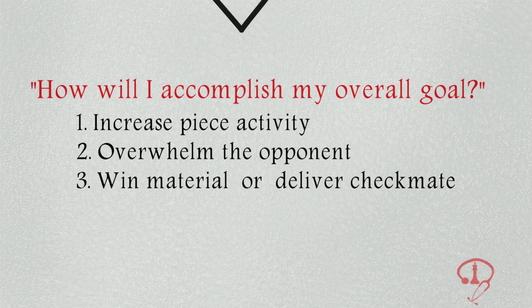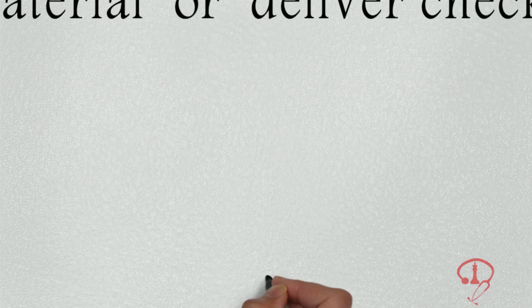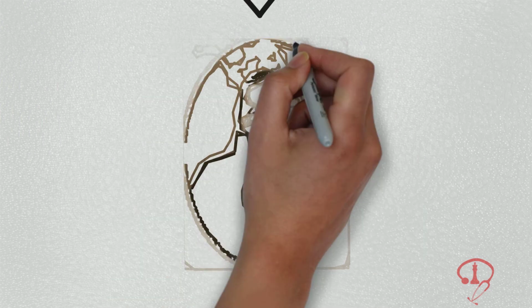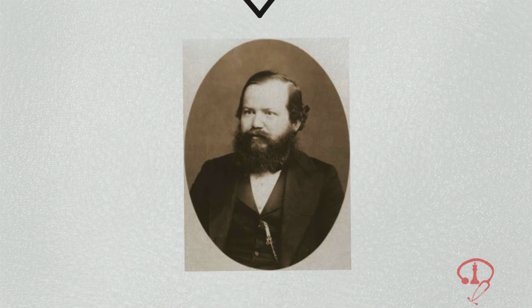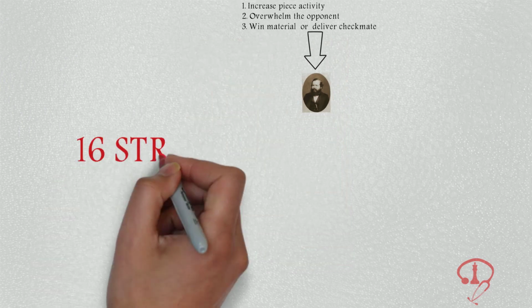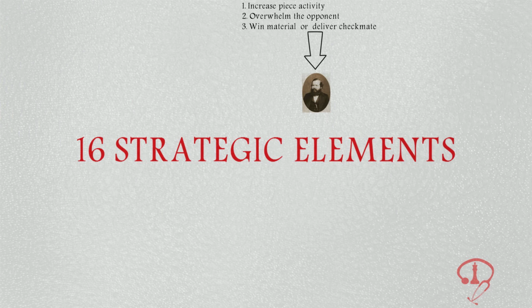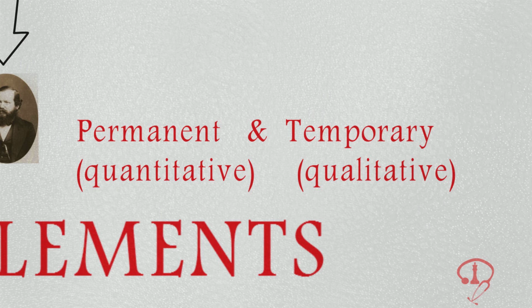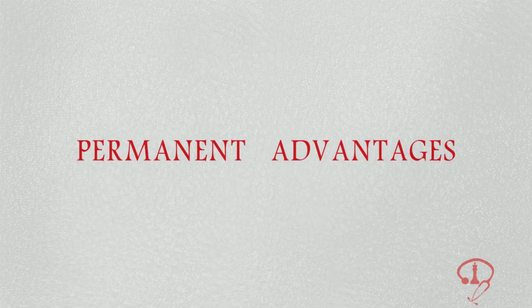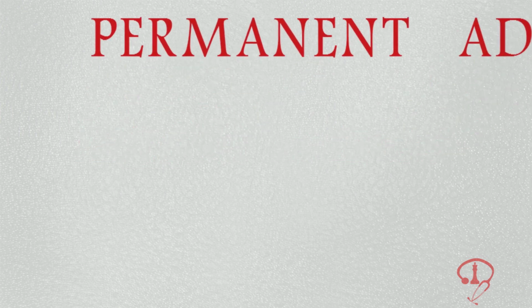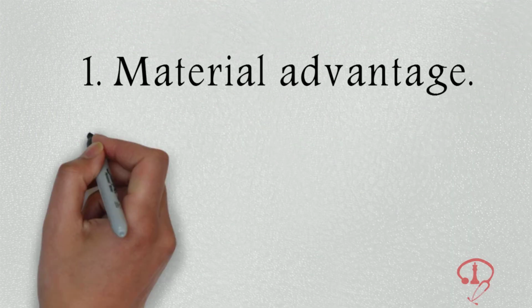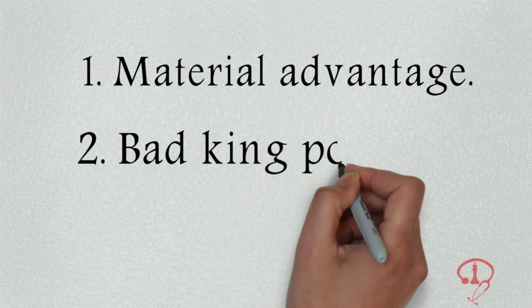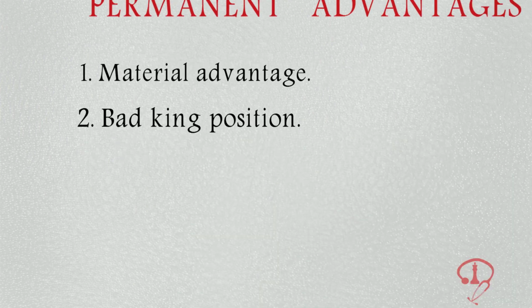Now that we know our overall goal when playing a chess game, we can examine the list of what Steinitz considered to be the primary strategic elements. Steinitz identified 16 strategic elements, and he categorized all the elements under two categories: permanent and temporary. This fits in clearly with the previous two-pronged approach we analyzed of how to evaluate chess positions in the previous video. The permanent advantages Steinitz identified were: number 1, material advantage; number 2, bad king position; number 3, pass pawns